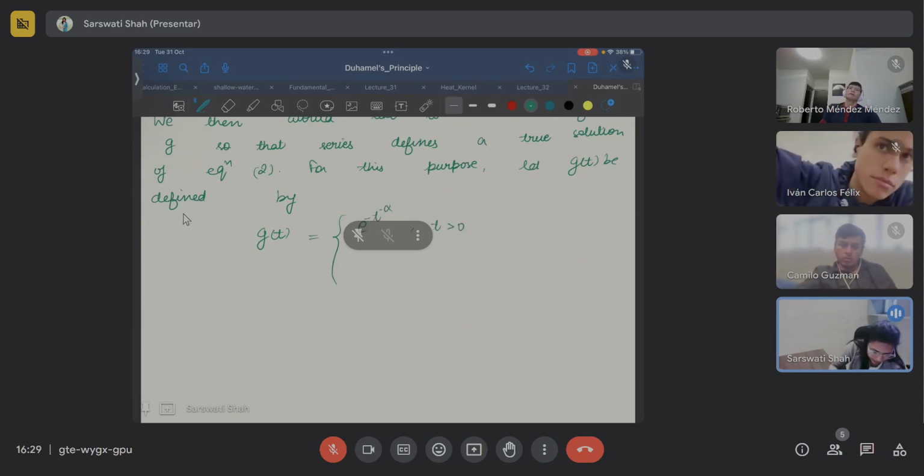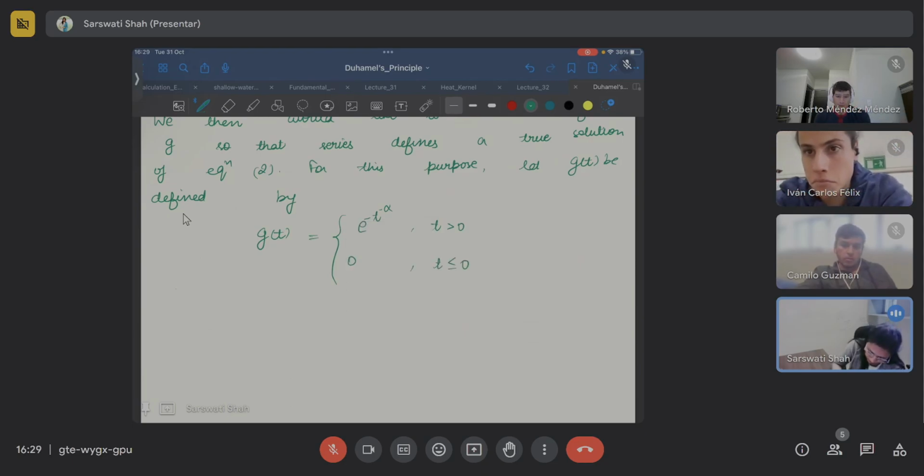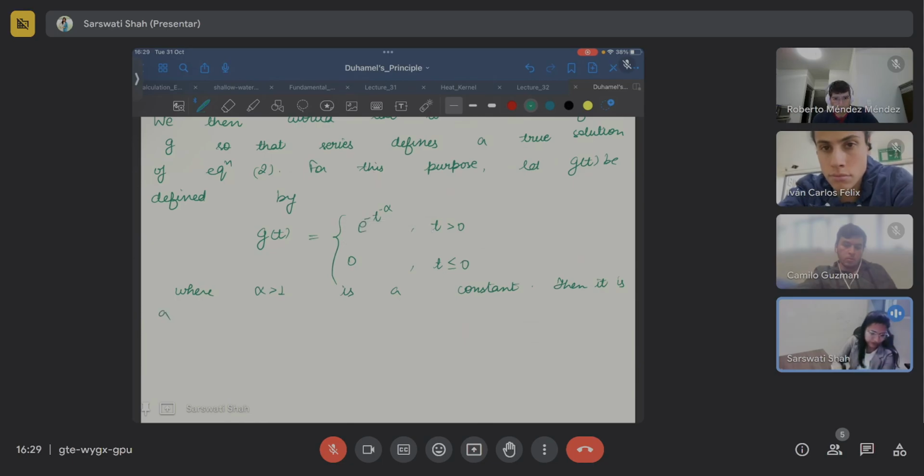for t greater than 0, and 0 for t less than or equal to 0, where alpha greater than 0 is a constant. Then it is a good exercise to show that